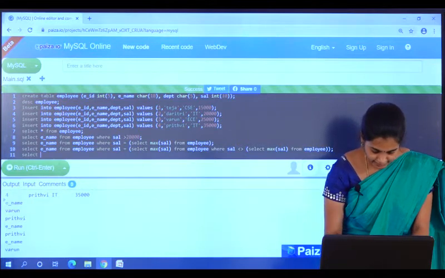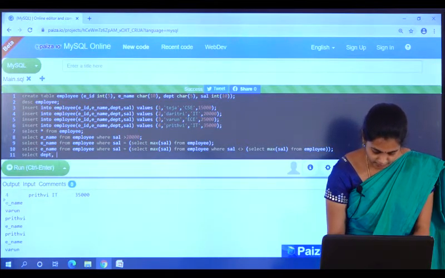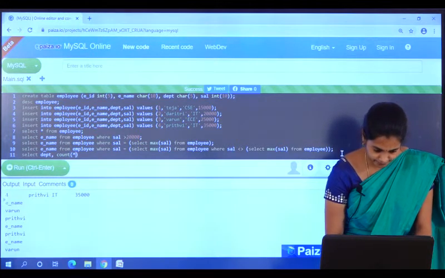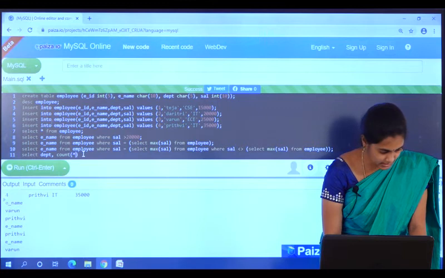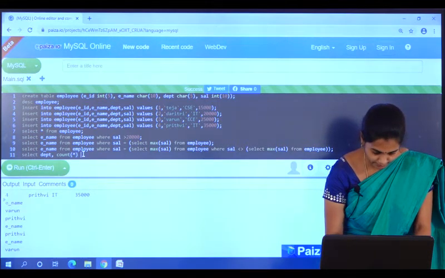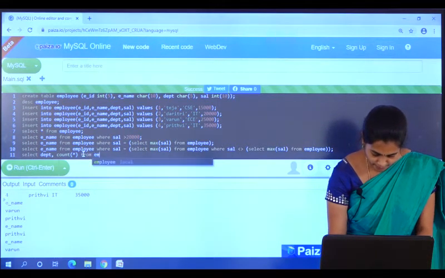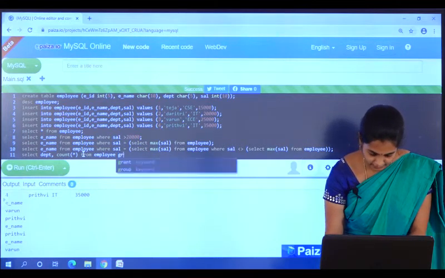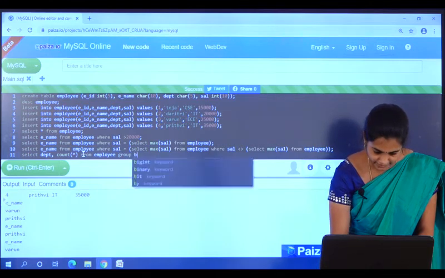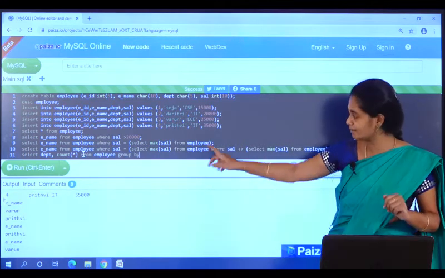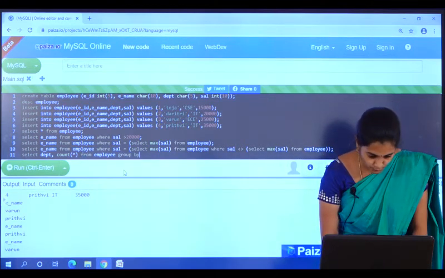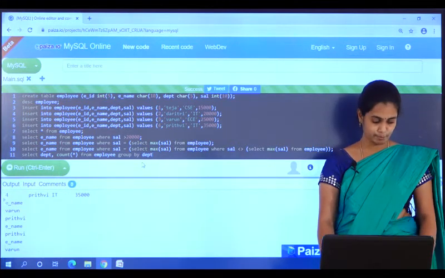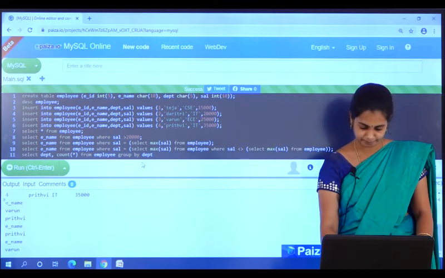Select department, comma, count star from employee, group by department. Group is different, by is different. So group by, what is the attribute here? Department, group by department.